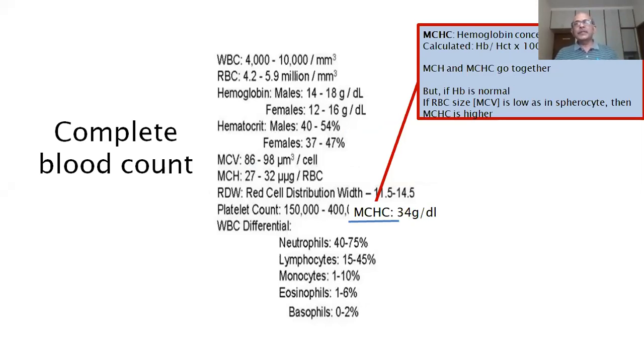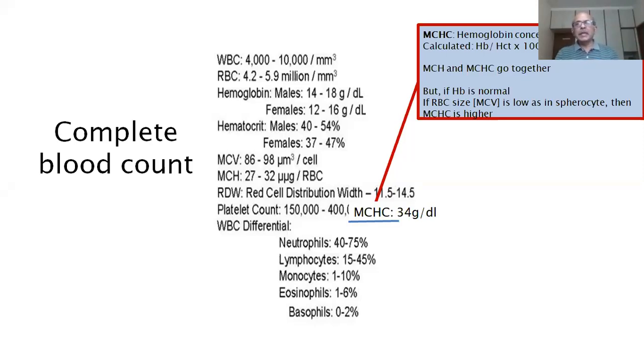But imagine a situation where the RBC size is small, as happens in spherocytosis. In spherocytosis, a part of the RBC membrane is lost, and hence the RBC is small in size. What you see as a small spherical RBC is in reality an RBC which is small in size. So in this small RBC, even if the amount of hemoglobin remains constant, the mean corpuscular hemoglobin concentration will be increased because it is dependent on the size of the RBC.